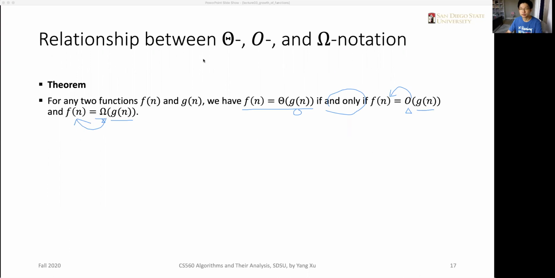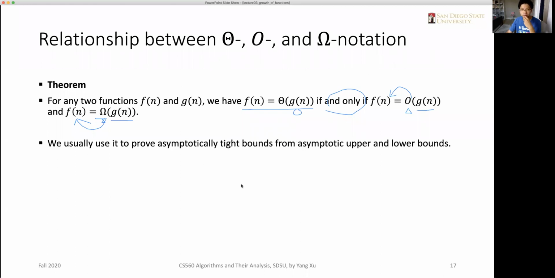This is a very straightforward theorem, because by the definition of big theta notation, it requires both the upper bound and the lower bound. Usually we use this theorem to prove whether a function is a tight bound or not. So we need to first prove that it is an upper bound, and then prove again that it is